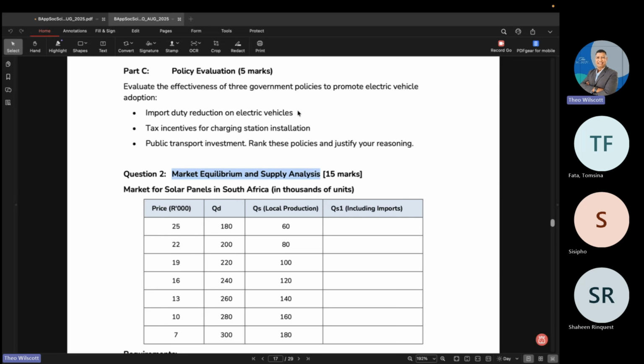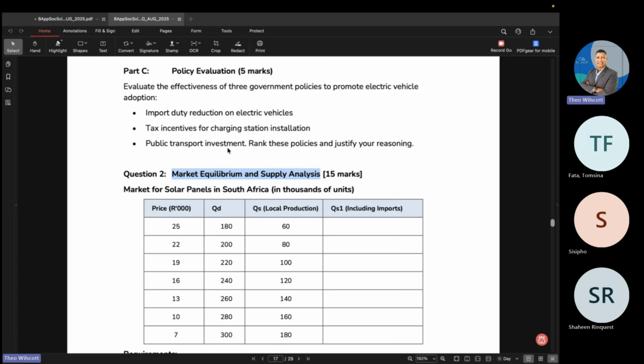But the question is, if they want to promote electric vehicle adoption, what should they do about import duties? It should be taken away completely. But justify why you're saying it. Tax incentives for charging station installation. That is great. But the question is, how effective will it be? And then the reverse, which is a completely different